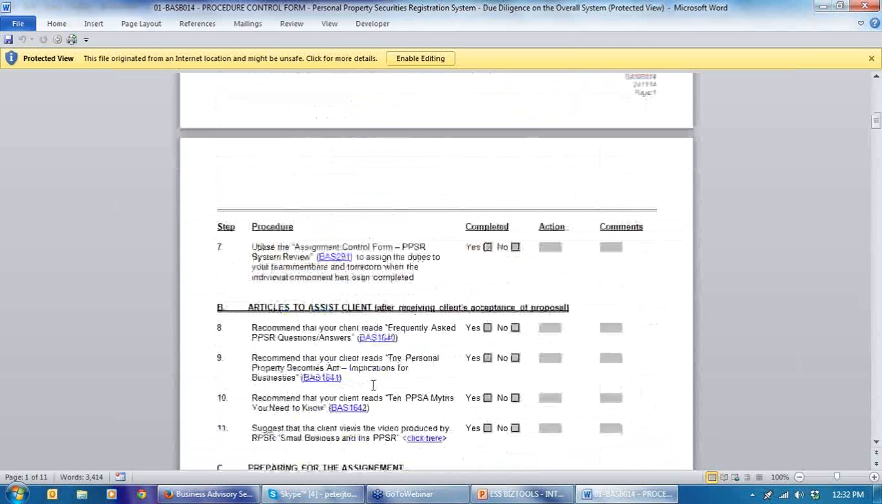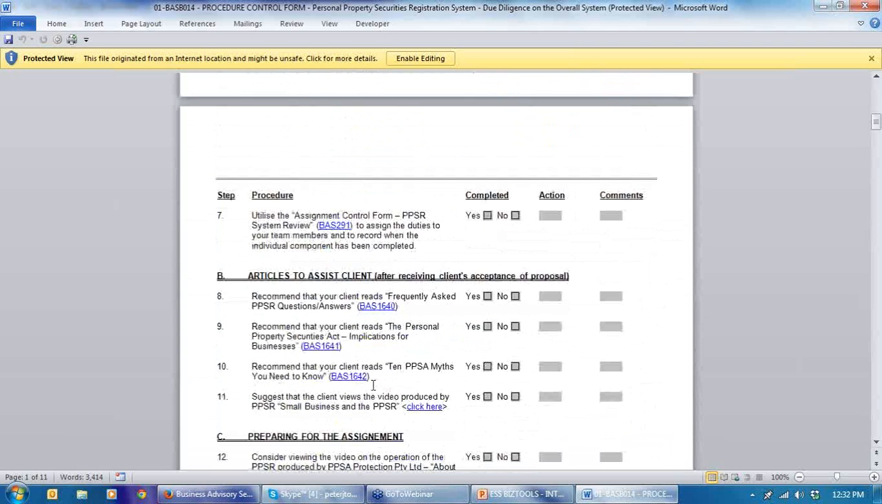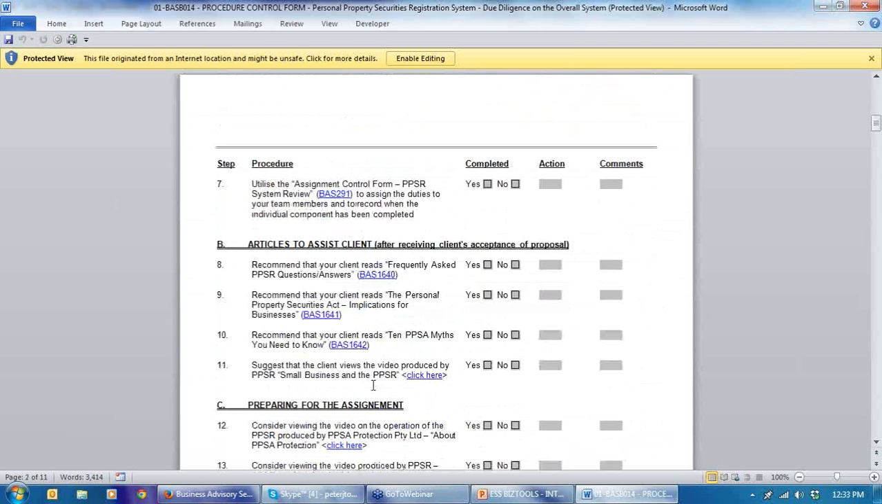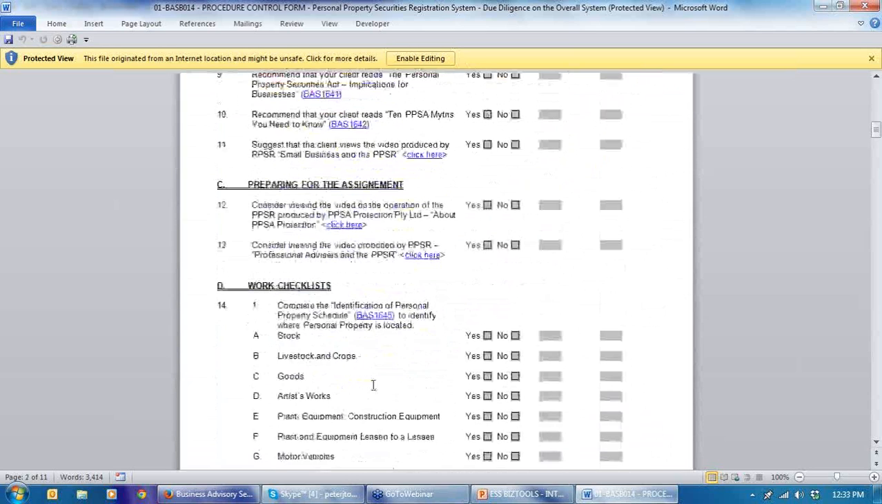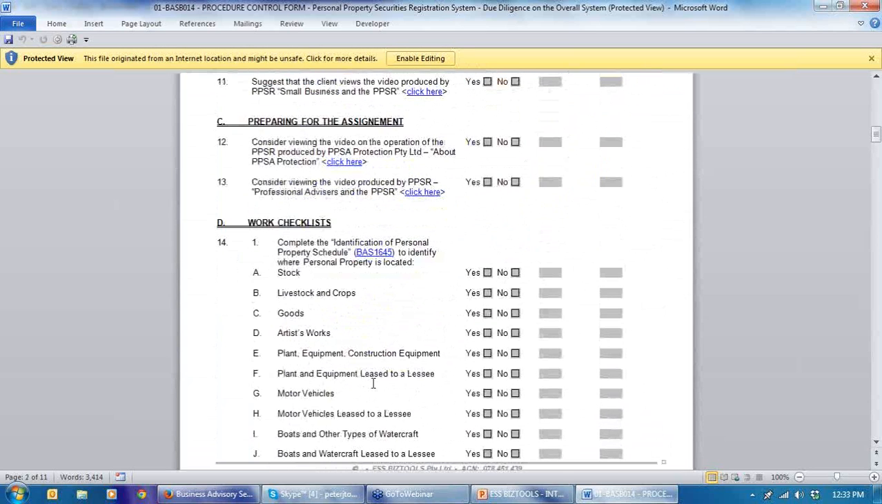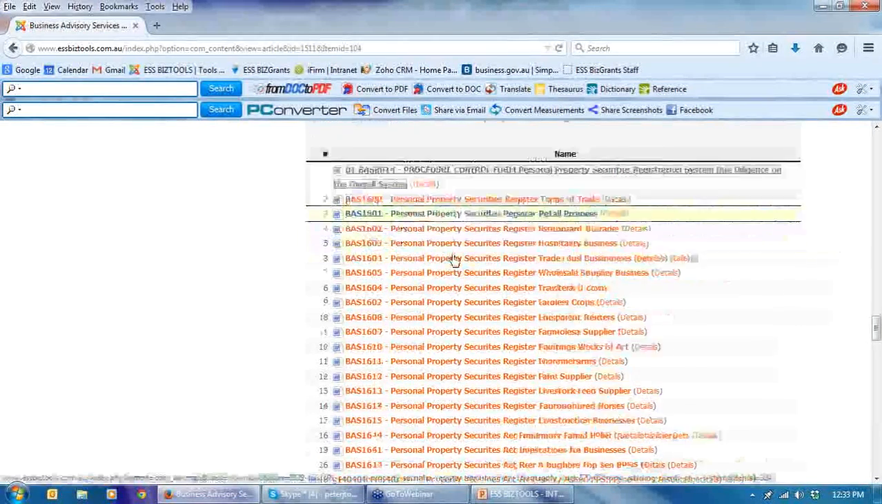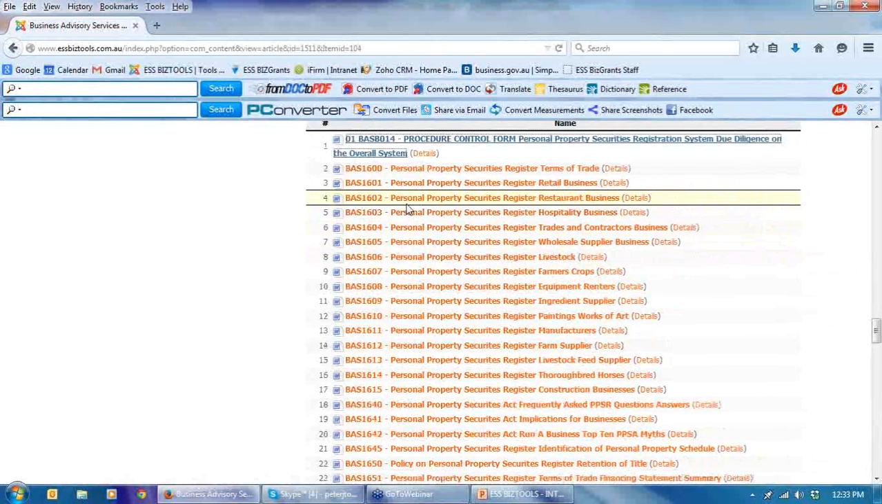So some of the articles we have there to send the client are frequently asked questions on the PPSR and the 10 PPSA myths, and how you might prepare for the assignment and the work checklist. This is a guide as to how the system operates. So let's go and have a look at a couple of these forms